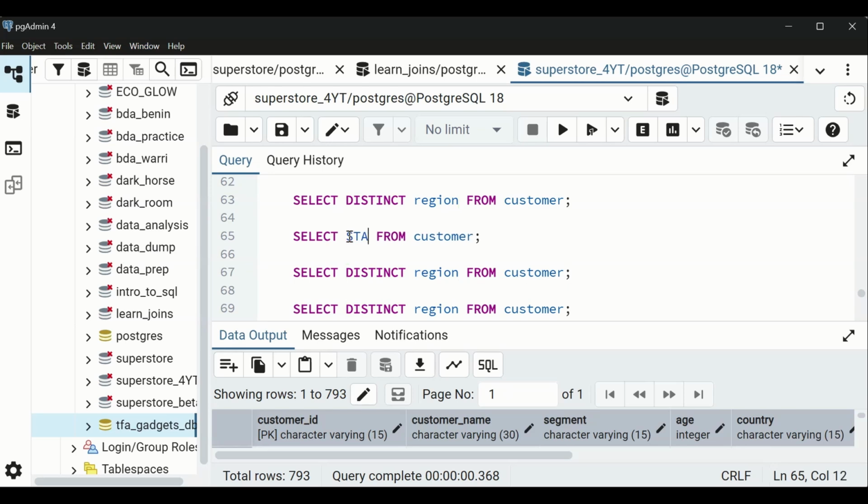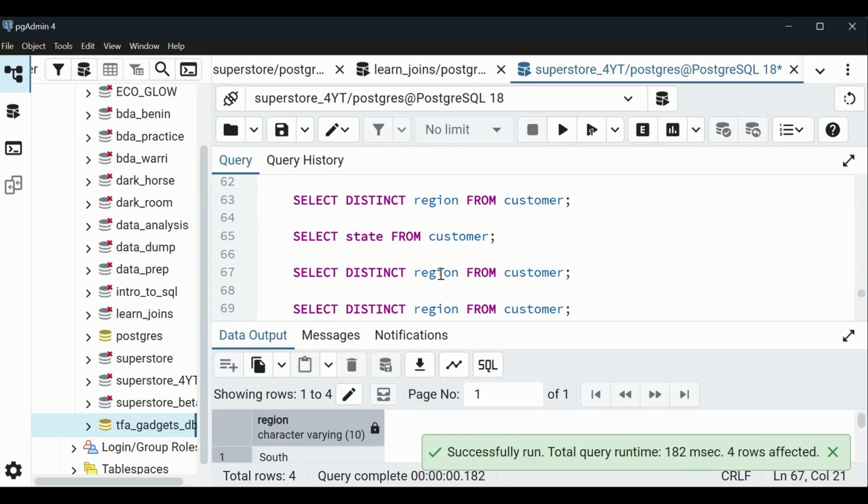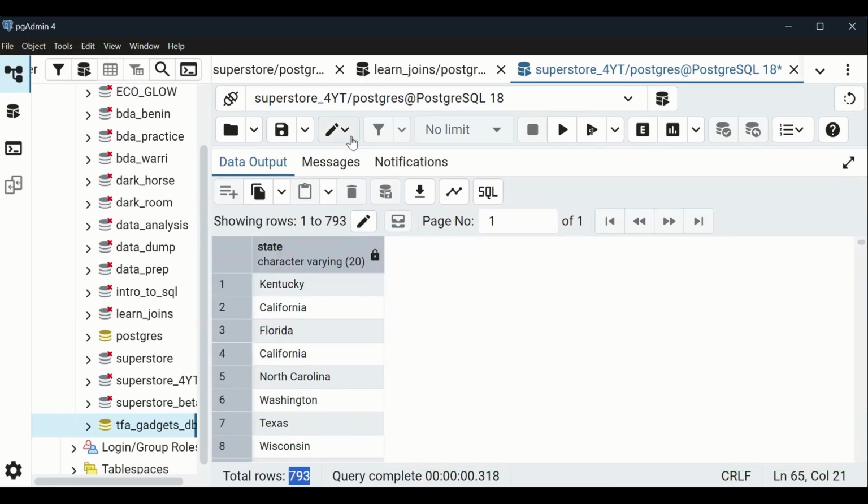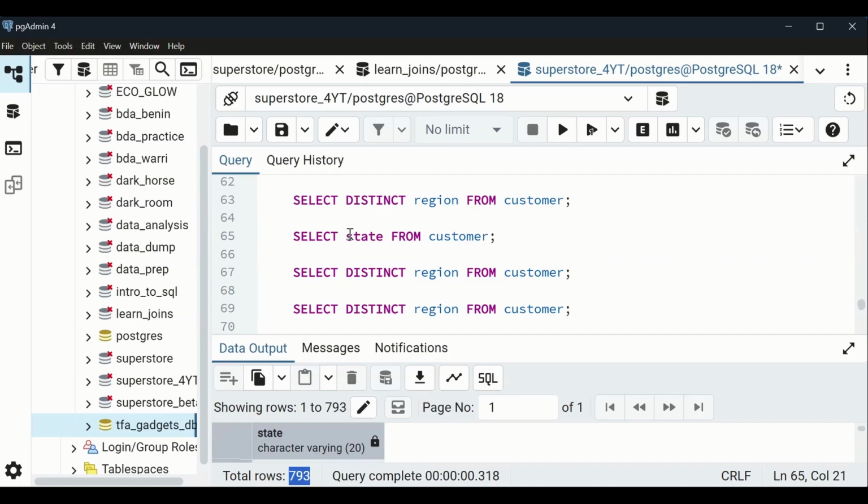So let's see state without the distinct. State without distinct, we always keep getting this number back, and you can see duplicates. But once we add the distinct,